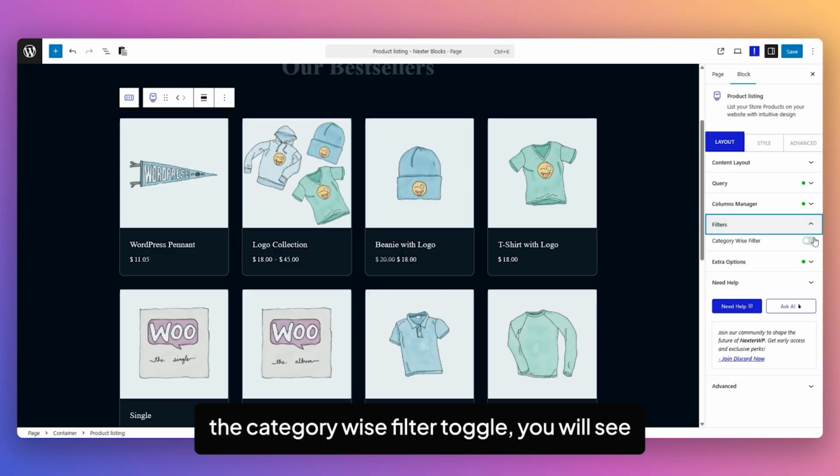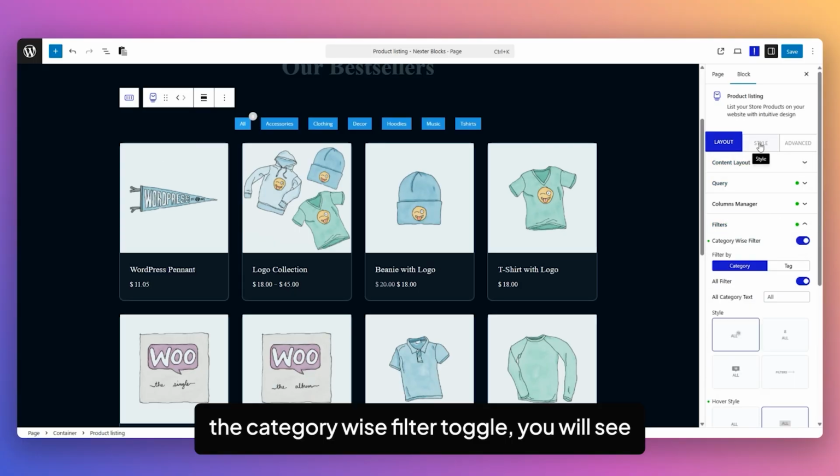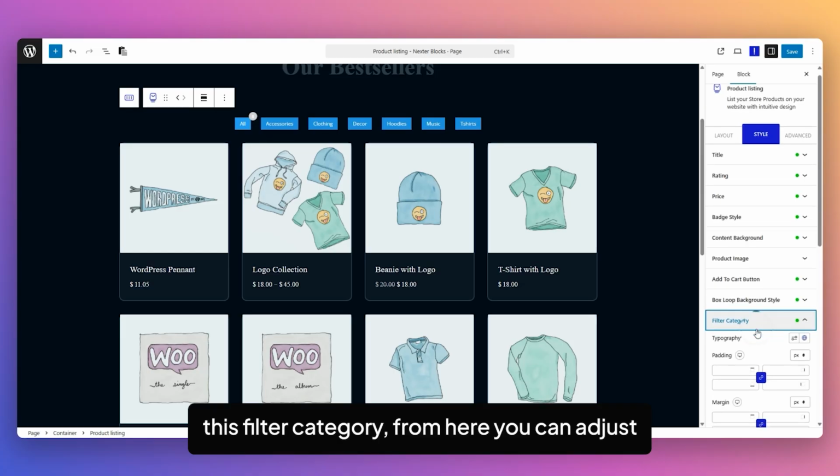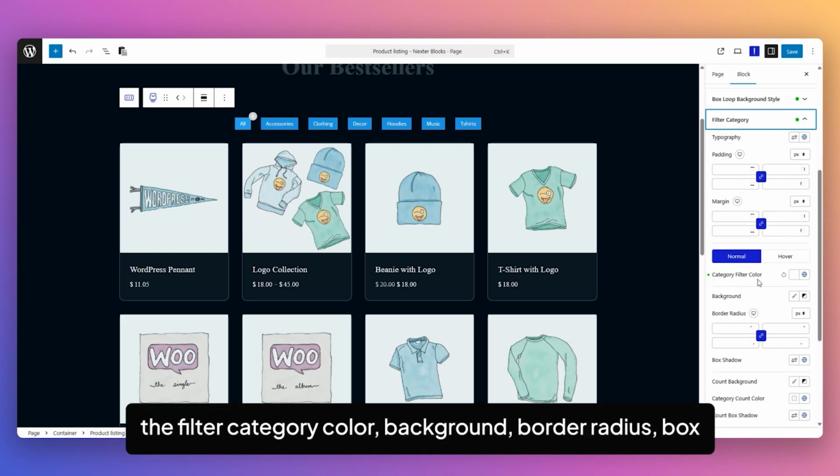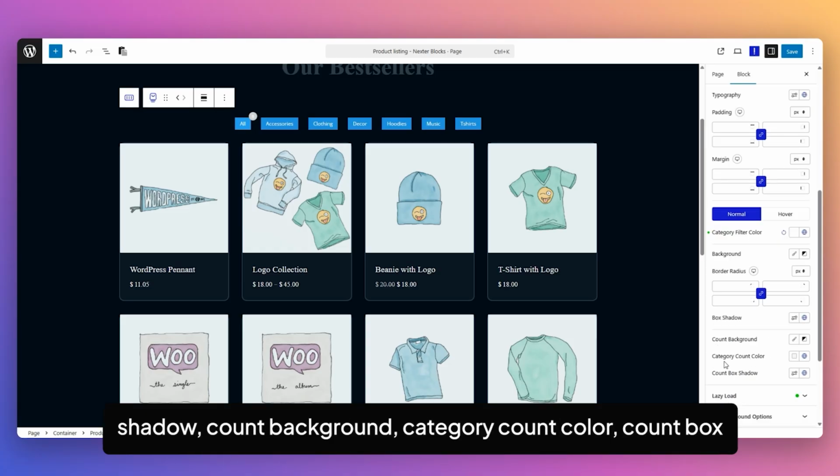Now if you have enabled the category wise filter toggle, you will see this filter category. From here, you can adjust the filter typography, padding, margin. You can adjust the filter category color, background, border radius, box shadow, count background, category count color, count box shadow